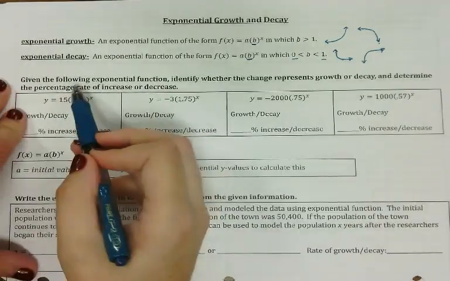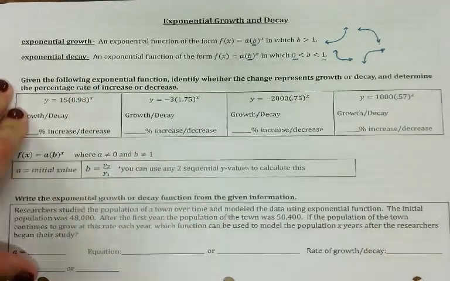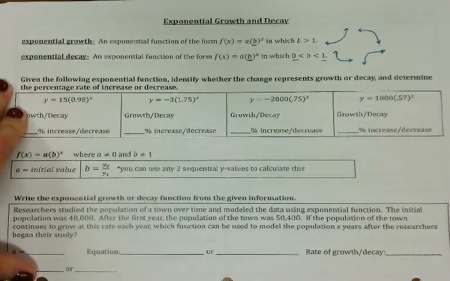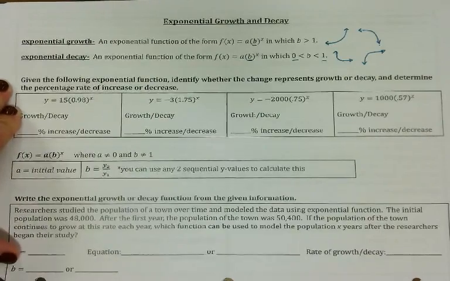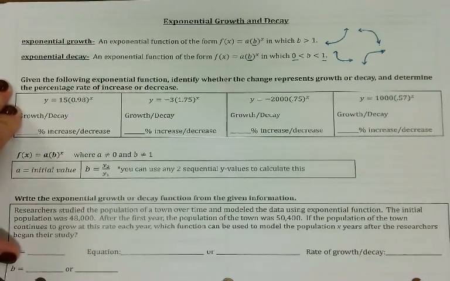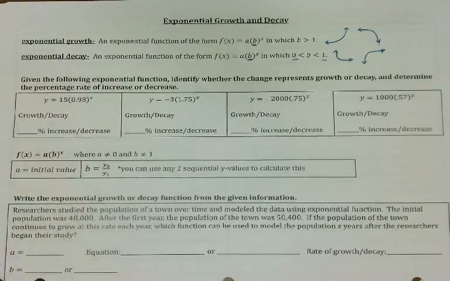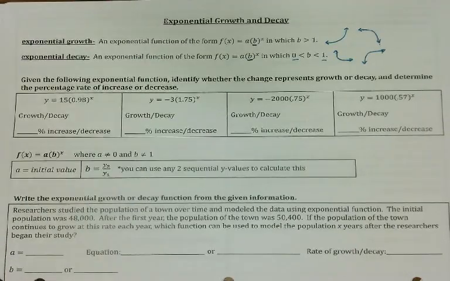All right, guys. So looking at this, the b is your growth or decay factor. And what we are going to do is determine the percentage increase or decrease, okay? Because a lot of times when we're talking about interest or when we're talking about other things,